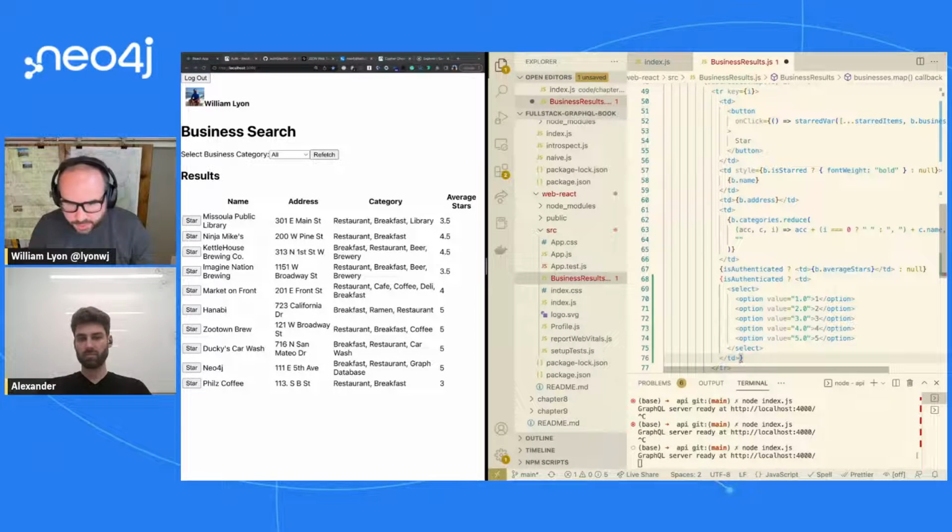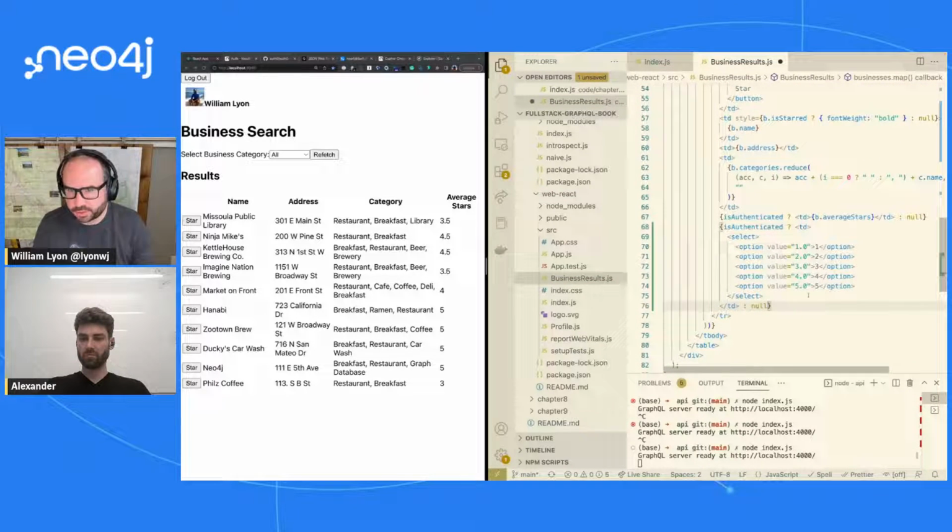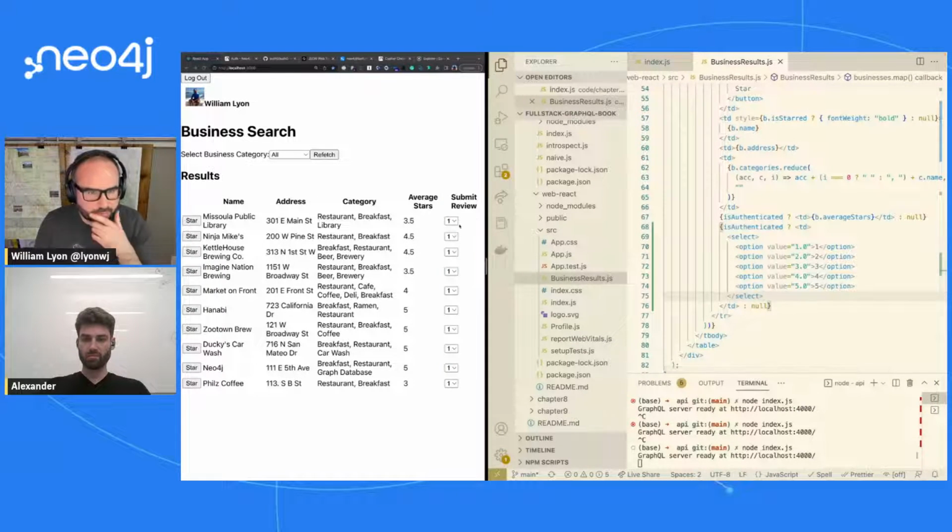And then the case where we are not authenticated, we just render nothing. Don't show that. Okay, so let's save that. Cool. Now our form shows up, but it doesn't do anything, of course. We need to add the